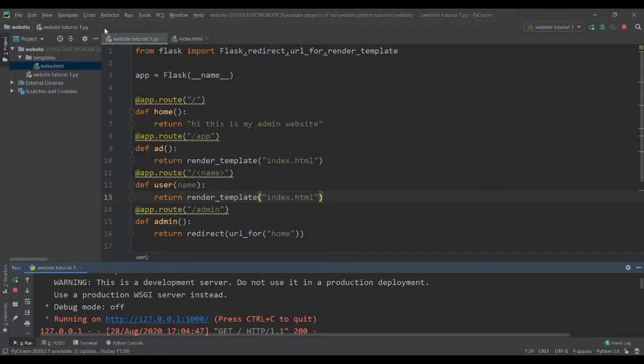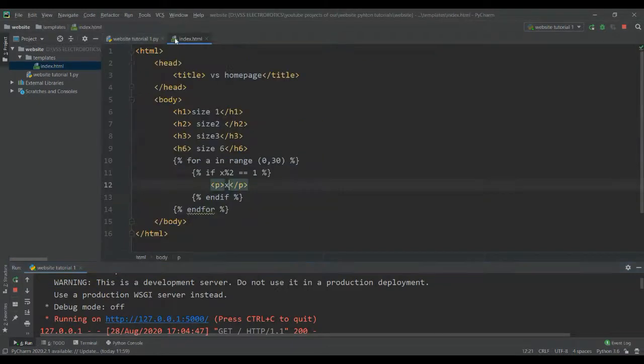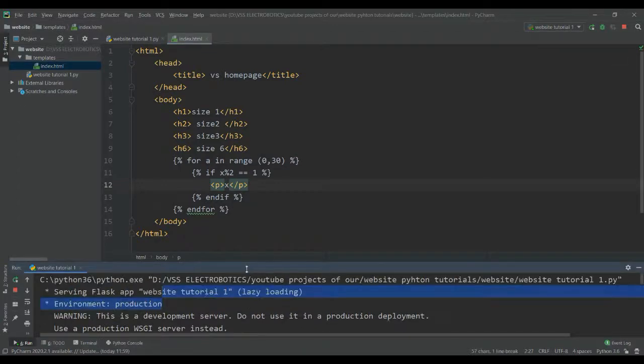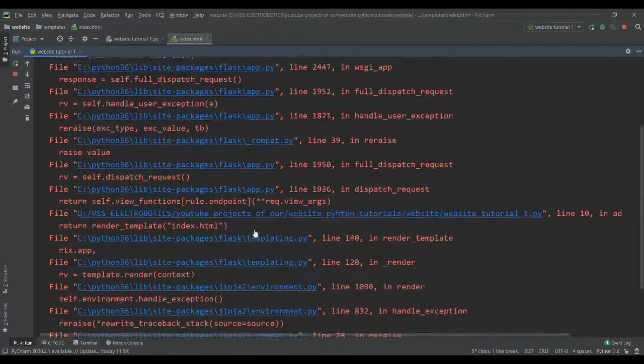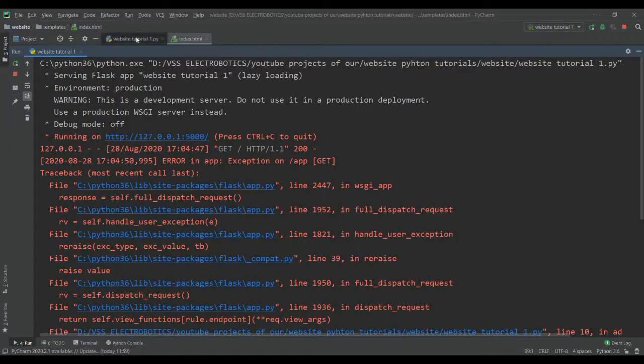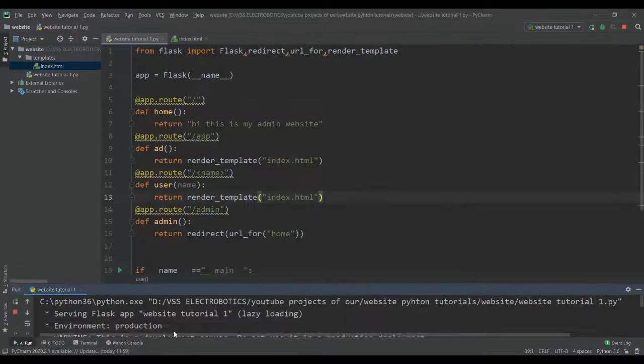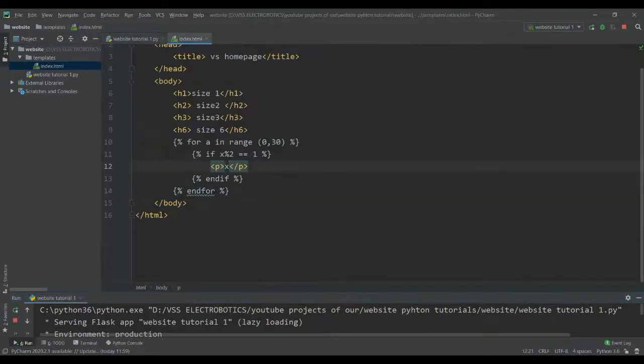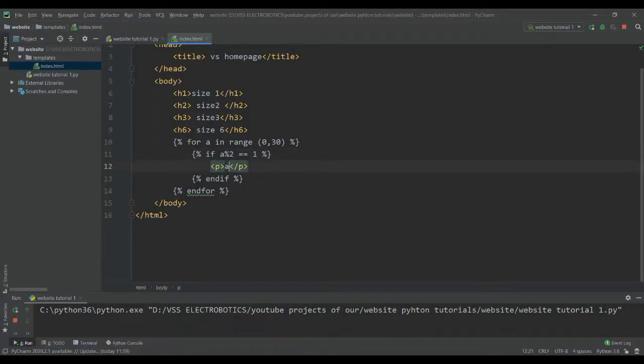Sorry, something is missing. Wait a minute. What is the problem? It's okay. X is not defined. I'm so sorry. I need to make X. Yeah, I put A. So sorry, my mistake. Okay, let's run this.